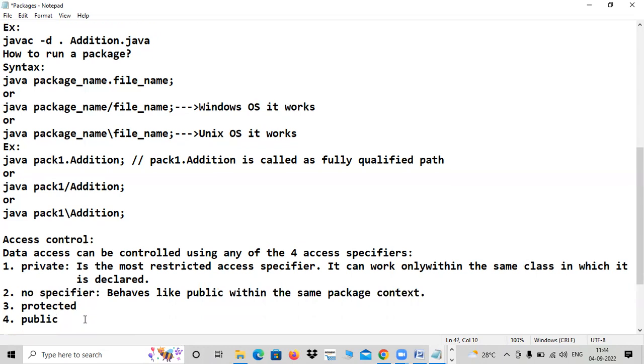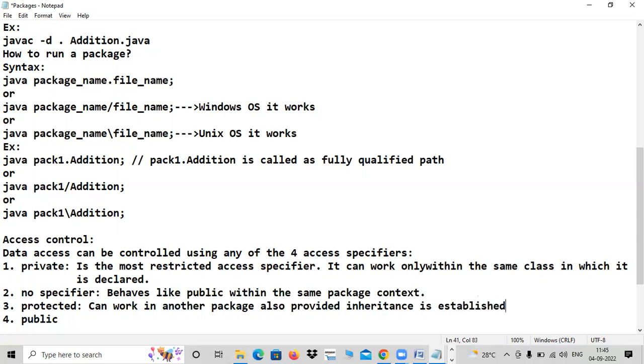Protected can work in another package, provided inheritance is there. Is it not? Relation is there. It can work in another package also, provided the relation, inheritance, is established.